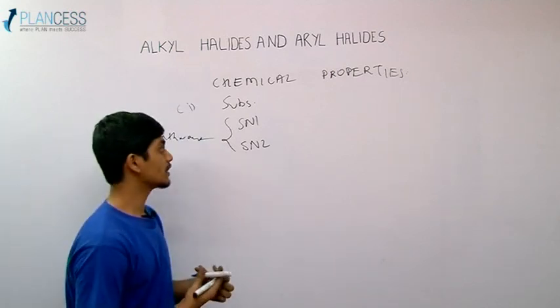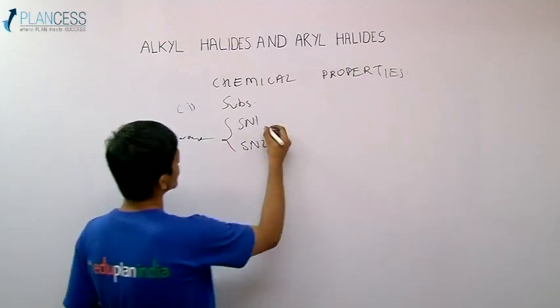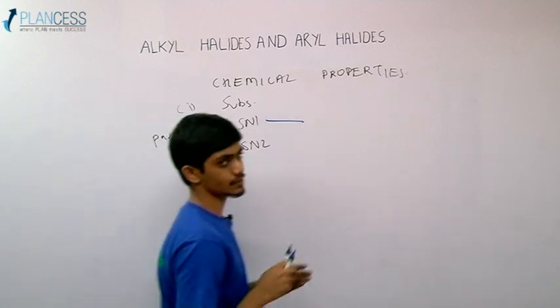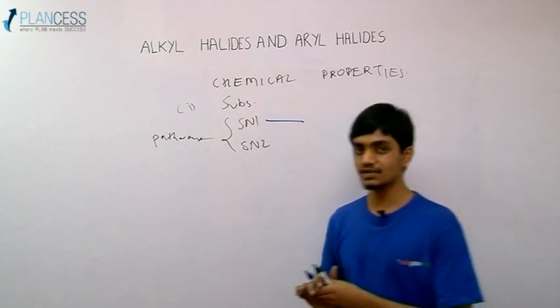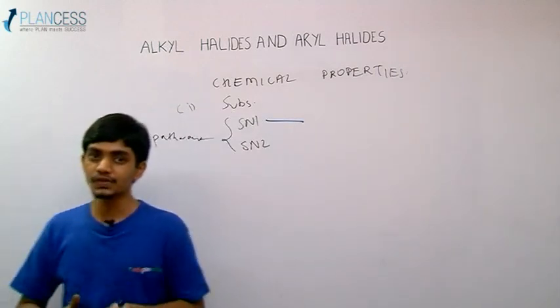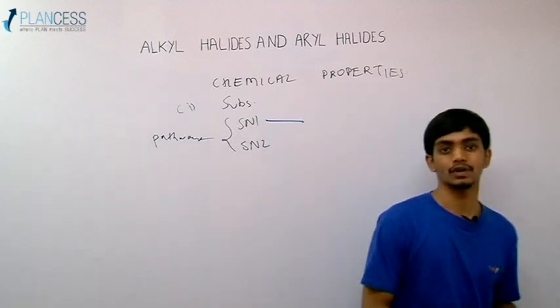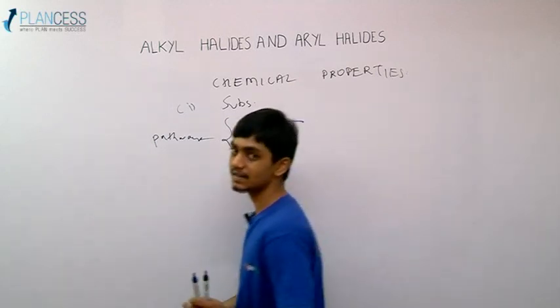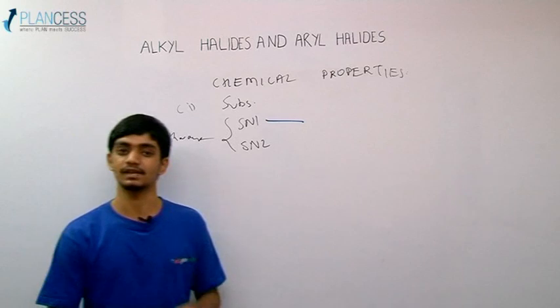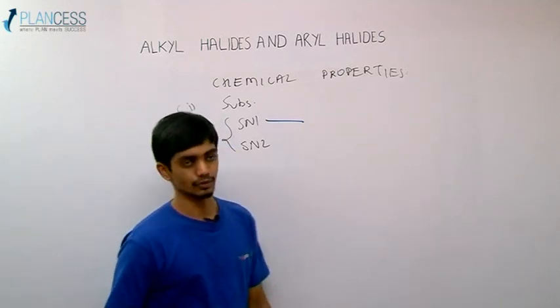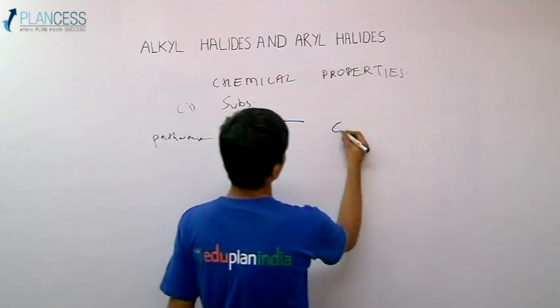Now, as a general idea, let us see what the SN1 reaction is. This is a unimolecular substitution. That means the rate of the reaction, or the slowest step of the reaction, involves a single molecule, the formation of a single molecule. It doesn't involve two molecules simultaneously. So the rate of the reaction depends on a single molecule. If we consider